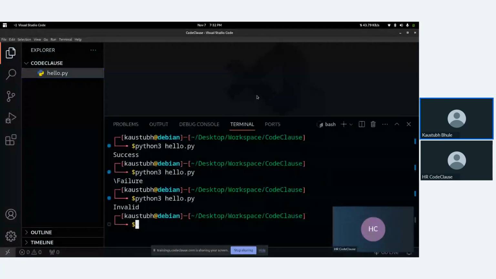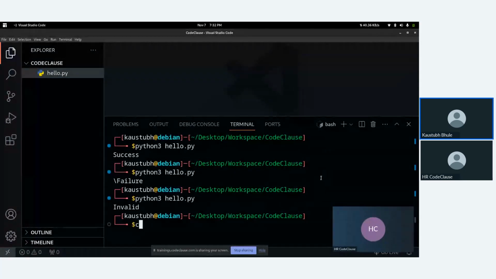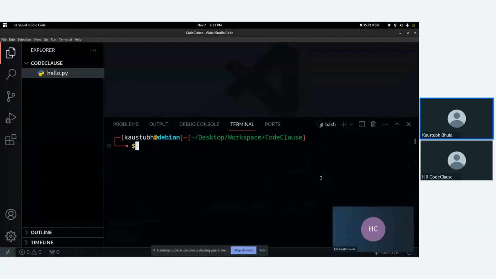Okay, so what is Django? Django is a Python package, right? So you have to install it, which we can install using the pip command. Again, I am using pip3 as I am in Linux. You can use the pip command followed by install and the package name, which is Django. After running this command, the package Django will be installed in your system. I have already installed Django, so I will directly execute the command.